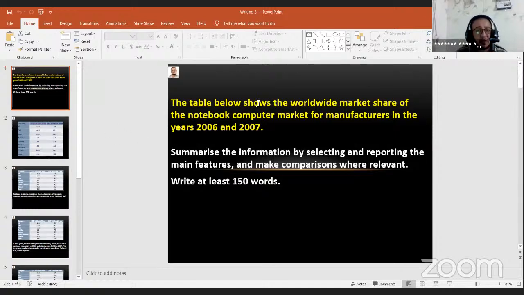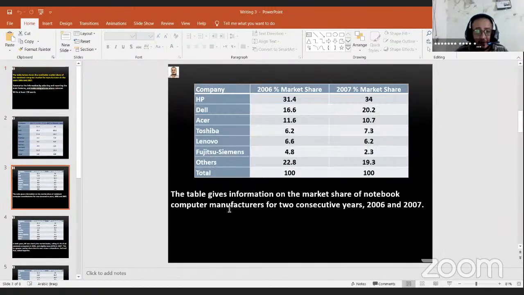The table shows information on the worldwide market share of the notebook computer market for manufacturers in the years 2006 and 2007. You may also paraphrase, or write synonyms of some other words here. You are free. Okay, the table gives information on, and we continue. After that,